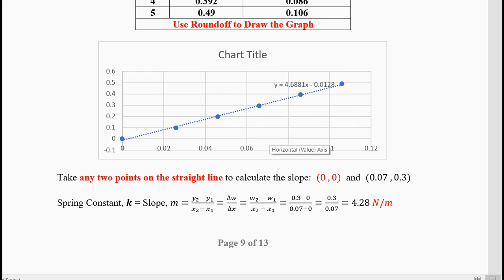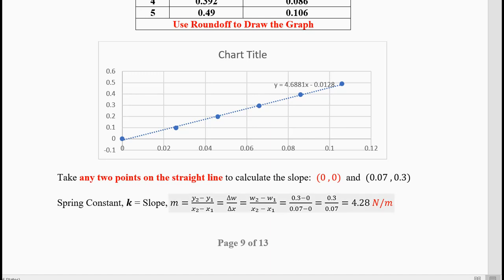You can take a magnifying glass on your paper and do it more carefully. 0.07 comma 0. My magnifying glass will help you to read. Choose the line on the graph paper. If it is between 2 lines, choose the left line or the right line, the upper line or the lower line. Do not choose middle of 2 lines. Choose one line, 2 or 3. That's it. We have discussed that many times in many experiments.